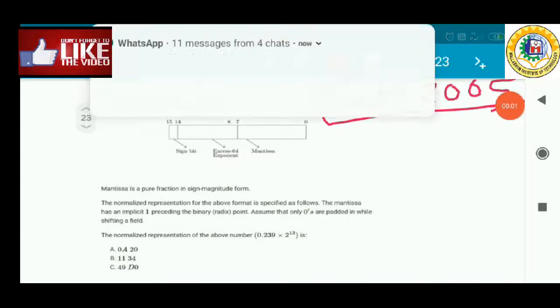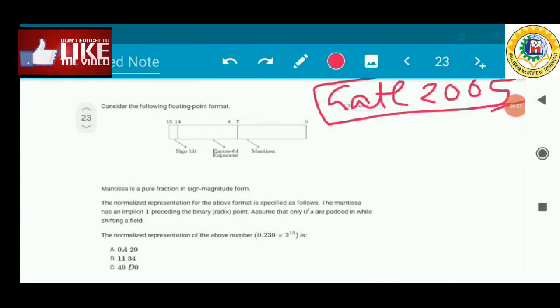Okay, so this is a floating point number representation problem. We have already discussed what a floating point number is and how it is represented. In this example, this question was asked in the 2005 GATE examination, and the question here is